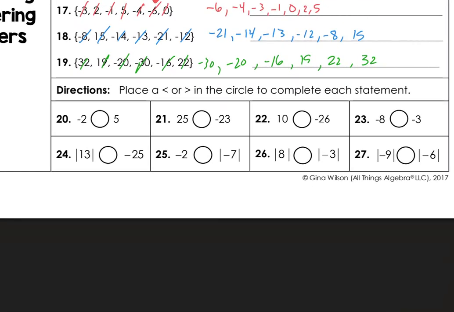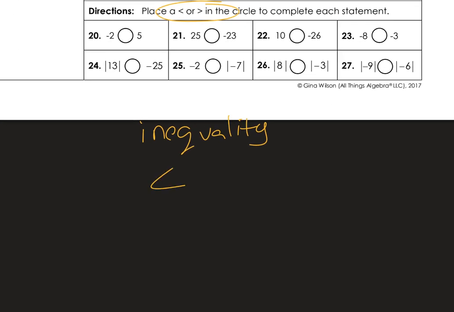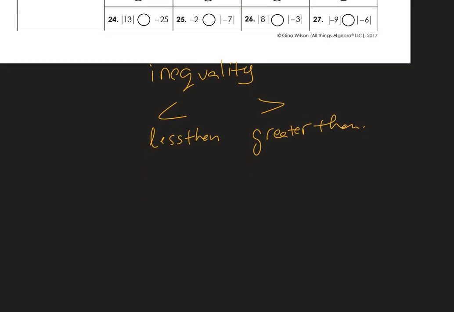Okay. Lastly on this is now, again, thinking about the ordering of the numbers, but we're kind of putting it a little bit together and also talking about inequalities. So an inequality, if you're like, I don't know what that is. So there is less than. And then, of course, the other one immediately is greater than, right? And then we have less than or equal to because of this little part right down here. And then same thing with this one. This is greater than or equal to because of that line underneath it right there.